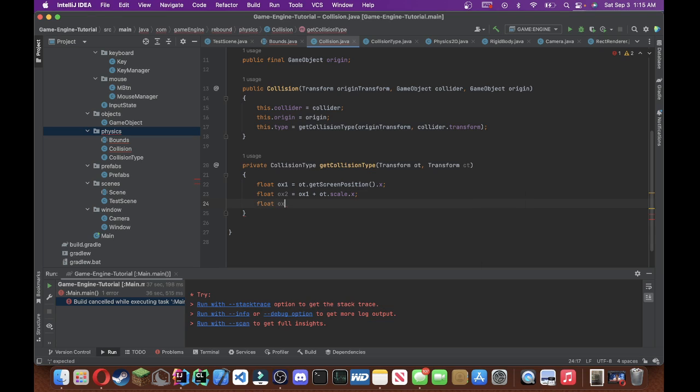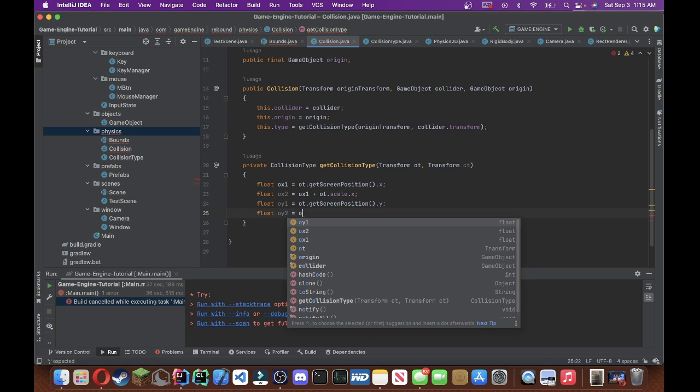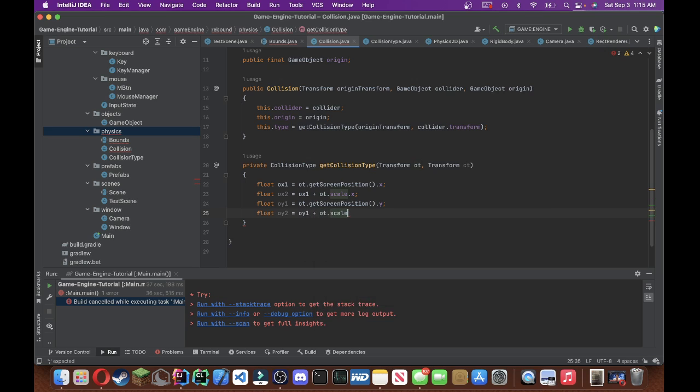Float oy1 equals ot to get screen position dot y. Oh boy. OX1, OX2, OY1, OY2. That seems right. OY2. So now we're going to do